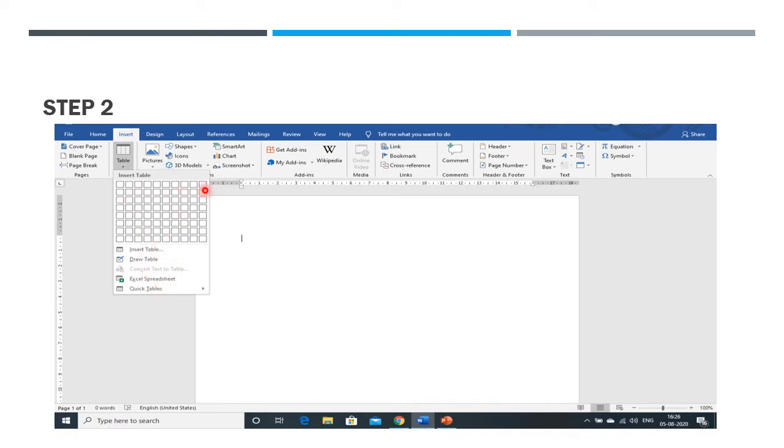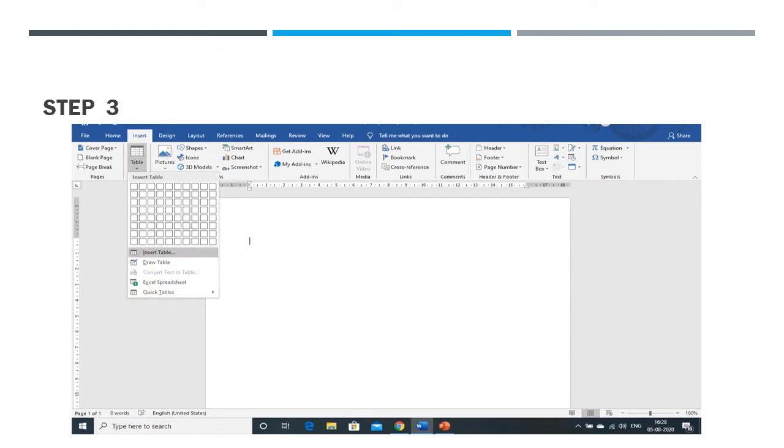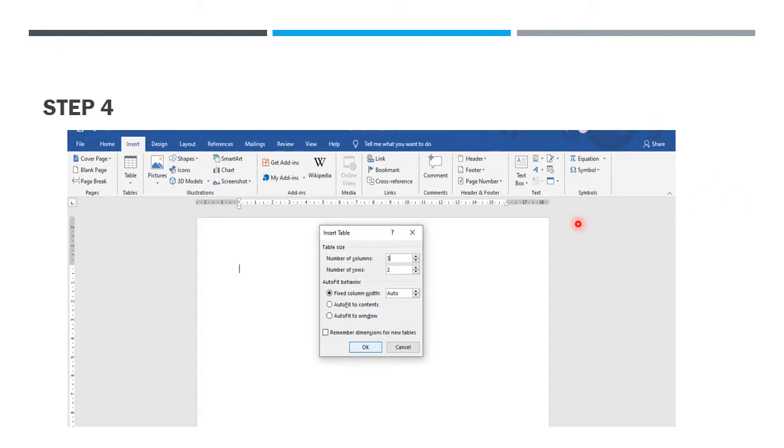So these are the table options. In that, you select Insert Table from the table group. If you click Insert Table, the drop down menu appears.